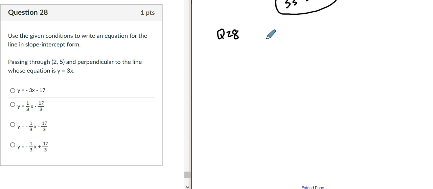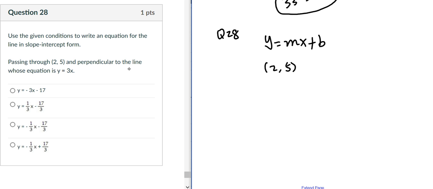So we still need to find the equation like this form. There are 4 choices right here. Again, we are given the condition that the line is passing through (2, 5), this point,